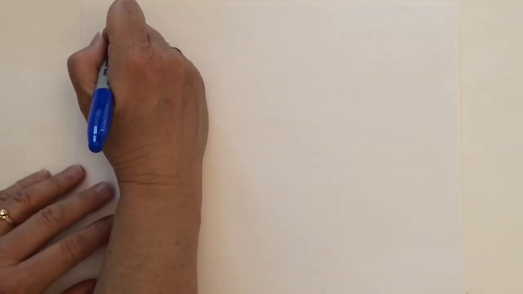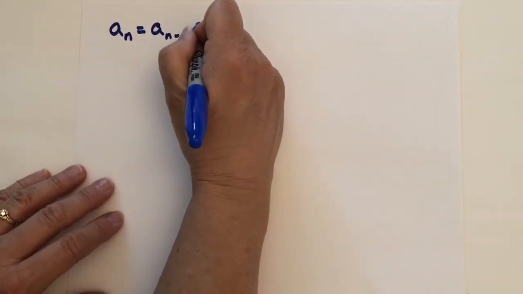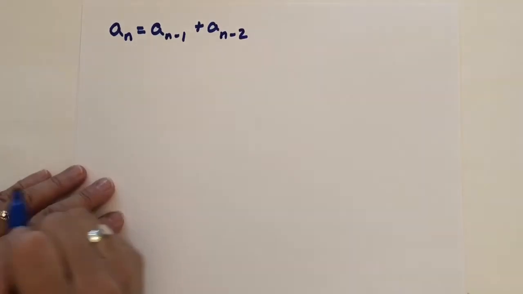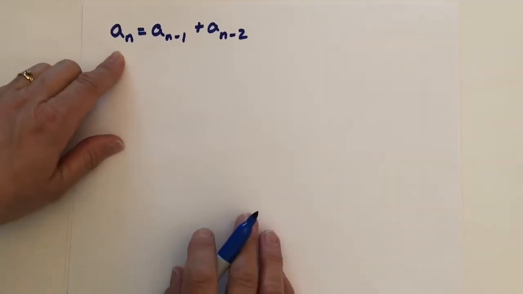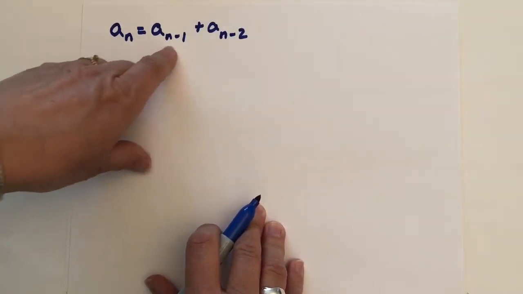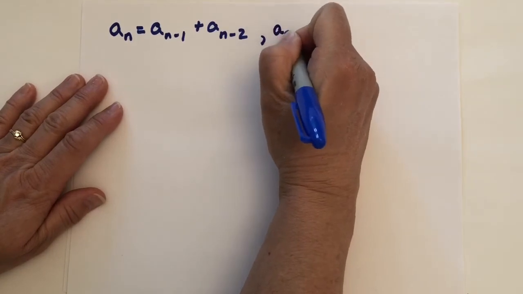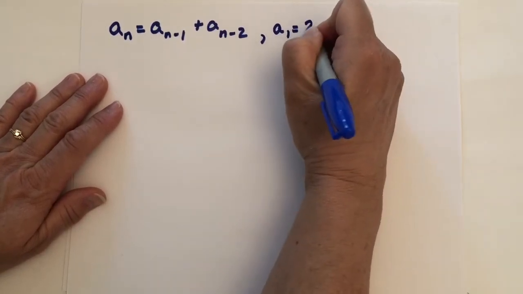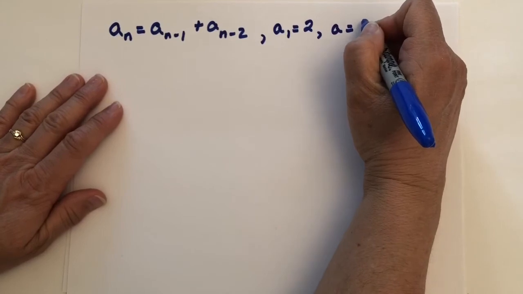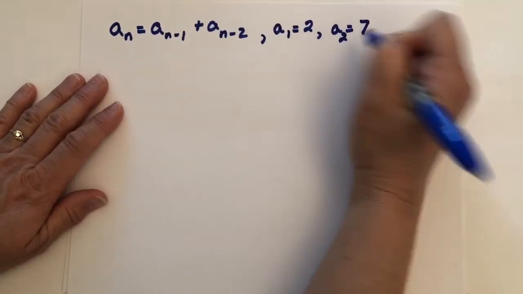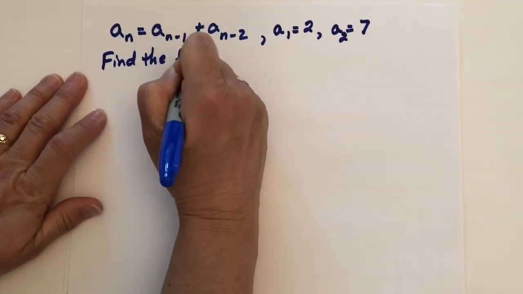Let's suppose we have a formula that is a sub n equals a sub n minus 1 plus a sub n minus 2. Now this implies that finding a term requires that you know the previous 2 terms. So for this formula, not only do you need a starting place, I'm going to let the first term be 2, but you also need a second term. I'll let the second term be 7. I didn't write the subscript. There we are. So we're going to find the first 4 terms